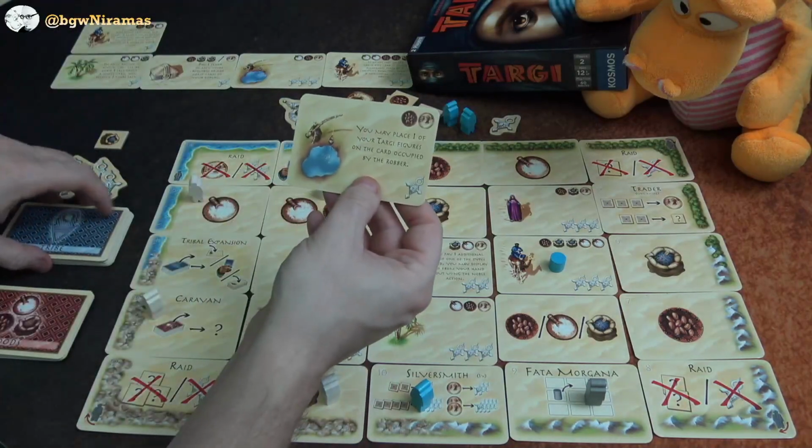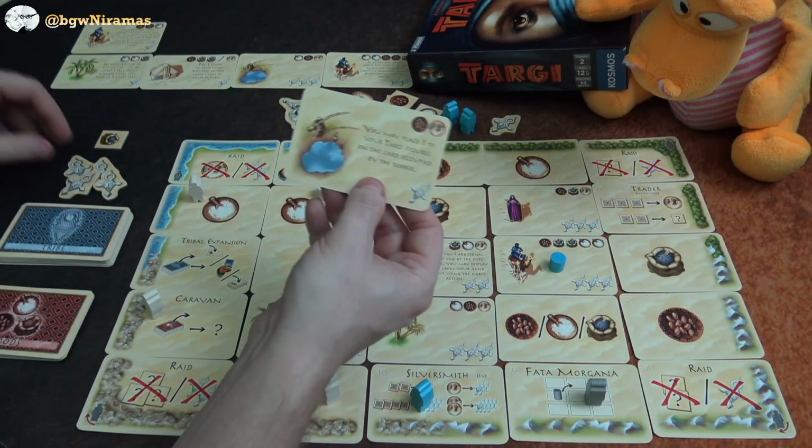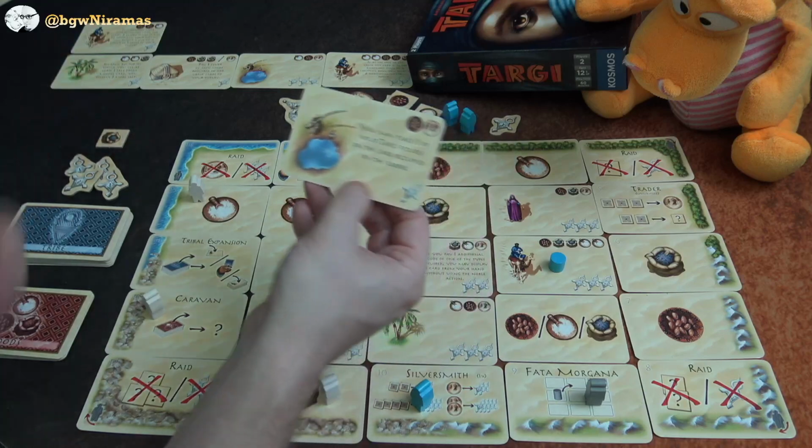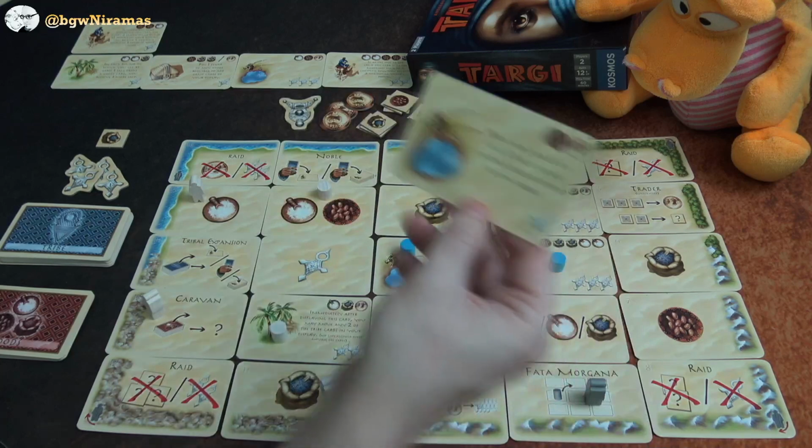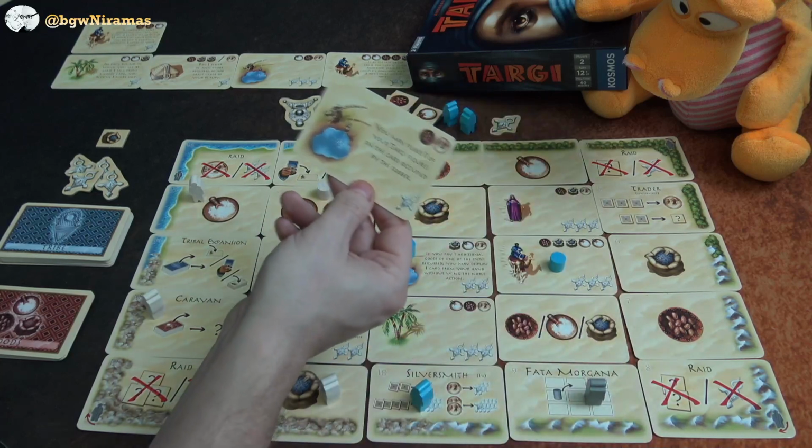That's a well. It says you may place one of your target figures on the card occupied by the robber. I just mentioned this. I had no idea it was coming. That was pretty funny. So yeah. That is amazing, because then you can go to the robber space. Now we're halfway through the game, but